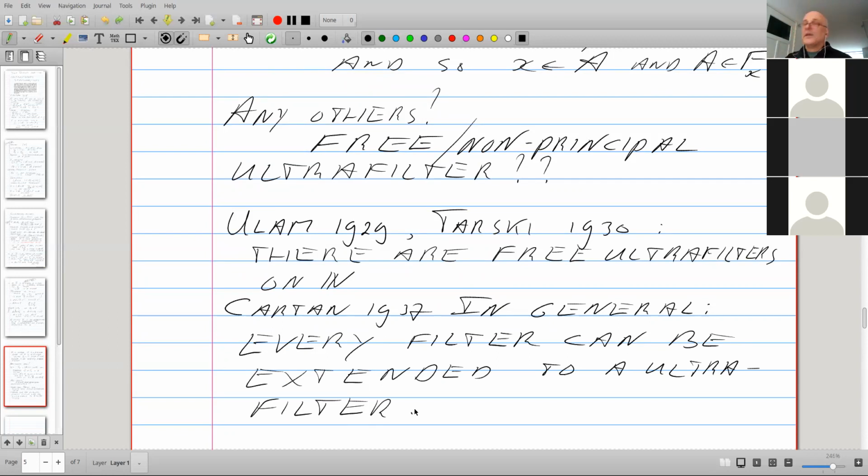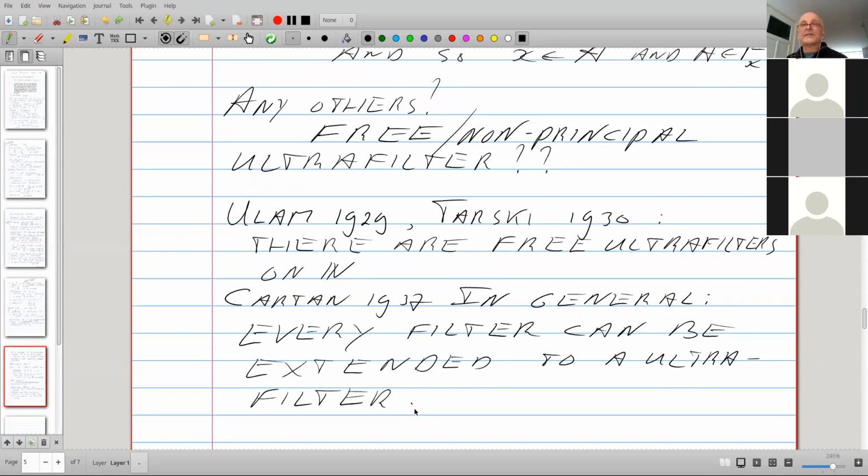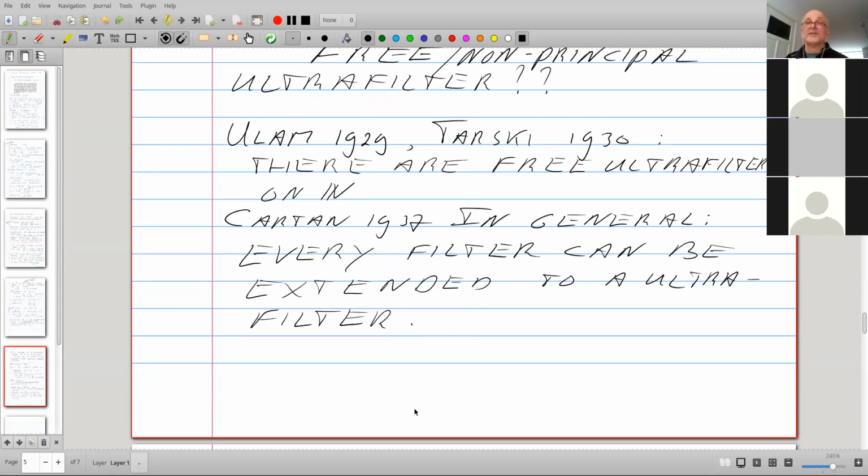And really, every filter can be extended to an ultrafilter. That's literally what Cartan stated in his theorem. No matter what the set, no matter what the filter, there is always a finer ultrafilter.